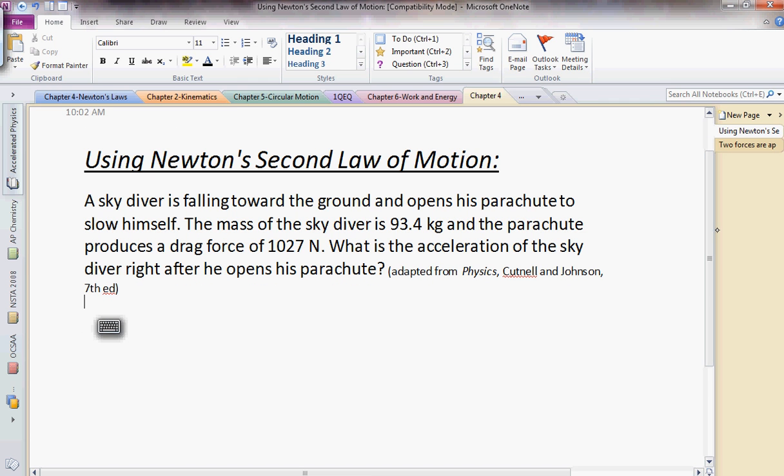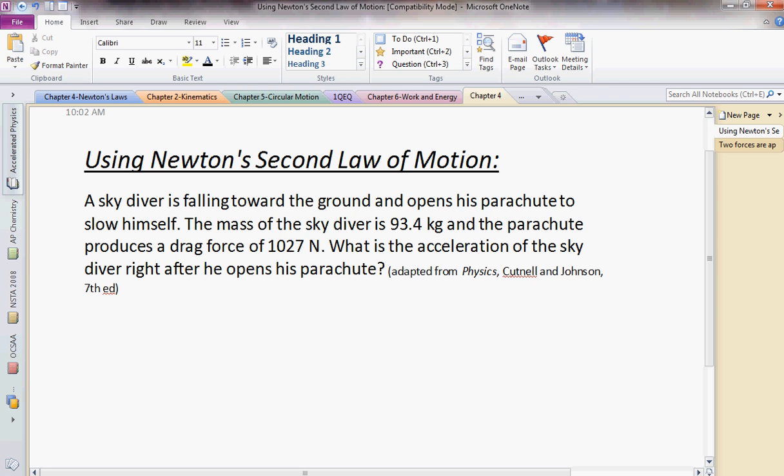And from Newton's second law, net force equals mass times acceleration, we'll be able to determine the acceleration of that object. To show you how this works, we have the first problem here with a skydiver. He's falling to the ground. He opens his parachute. The parachute opens up and creates a drag force on him, which will slow him down. For this first problem, you're given the mass of the skydiver,